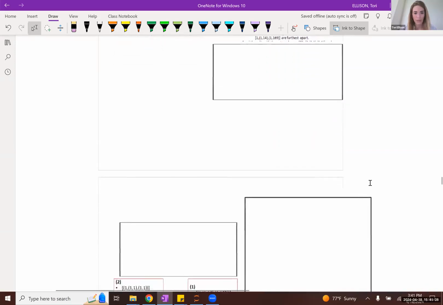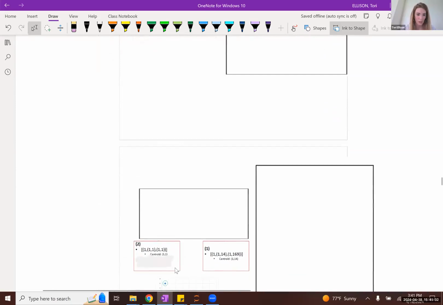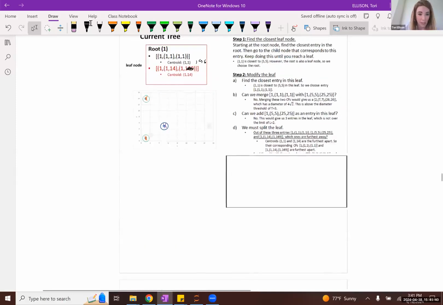We seed 2 leaf nodes with those 2 furthest apart subclusters, and then we take all remaining subclusters and assign them to their closest seed subcluster, basically the subcluster whose centroid is closest to their centroid. Okay?